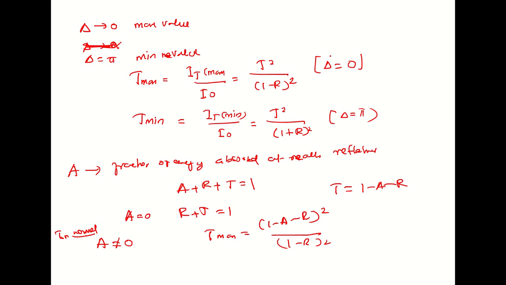So if you have a point saying that T max is equal to 1, so the transmission value is equal to 1, that means what? It means that the peak intensity of the transmitted fringes would be equal to the intensity of the incident wave. Okay, so I_t is equal to I0: the intensity of the transmitted wave equals the intensity of the incident wave. In that case, the transmittance is equal to 1.